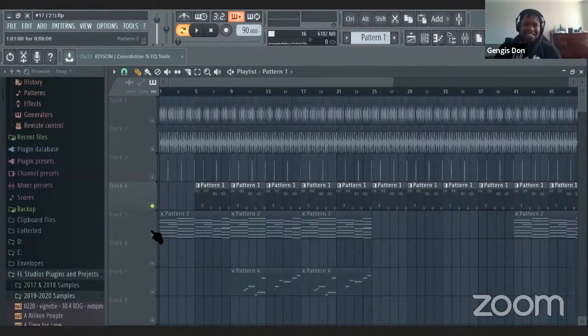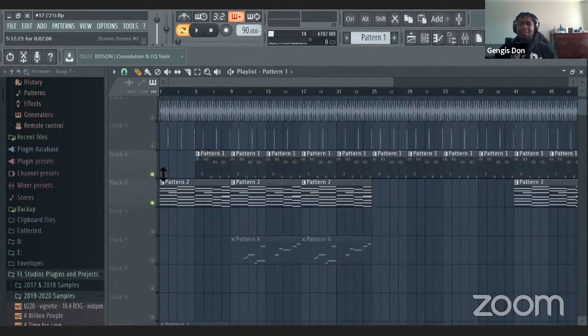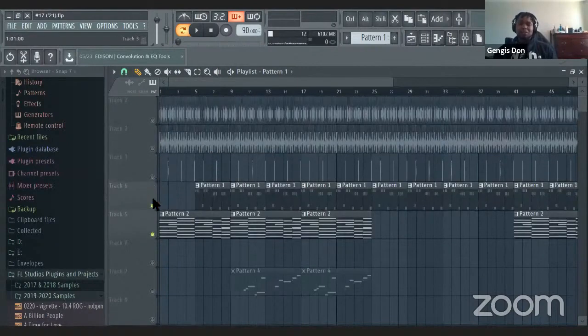But yeah, so let's hear the harmony along with the bass line, just so you can get the feel. Actually, no, let's just feel out the rhythm so far.